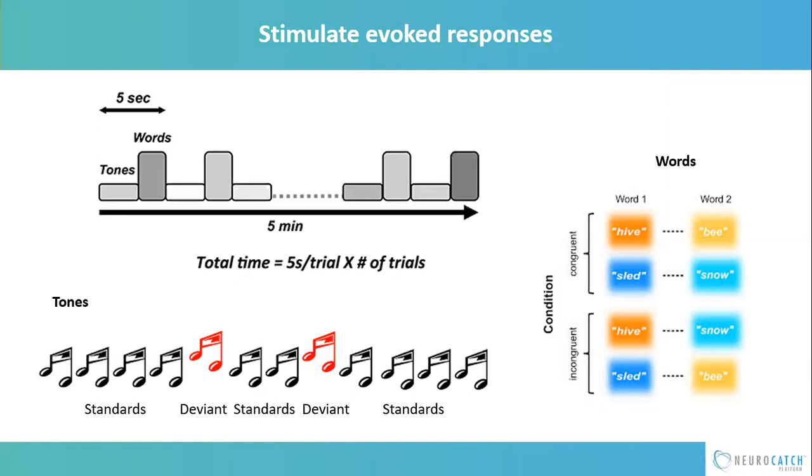And if an improbable or rare tone comes along that's louder, so all we do is 10% of the time put in these red tones at 120 hertz or decibels, then what happens is you get an oddball. So that actually is how we elicit both the N100 and the P300. So we can get the N100 to any of these tones, but when we actually increase the loudness, then we